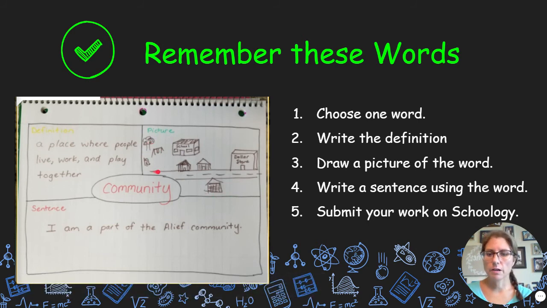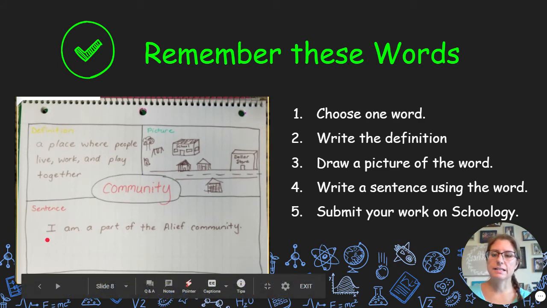Here's a playground in a park. There is a picture of the school. I drew the best I can some houses and a road, and there's the store where I sometimes like to go and shop. That's a picture of my community. It matches the word in the middle, community. I said it with words and I said it with pictures because those are 2 ways that we read and remember. And now I'm going to write it in a sentence.